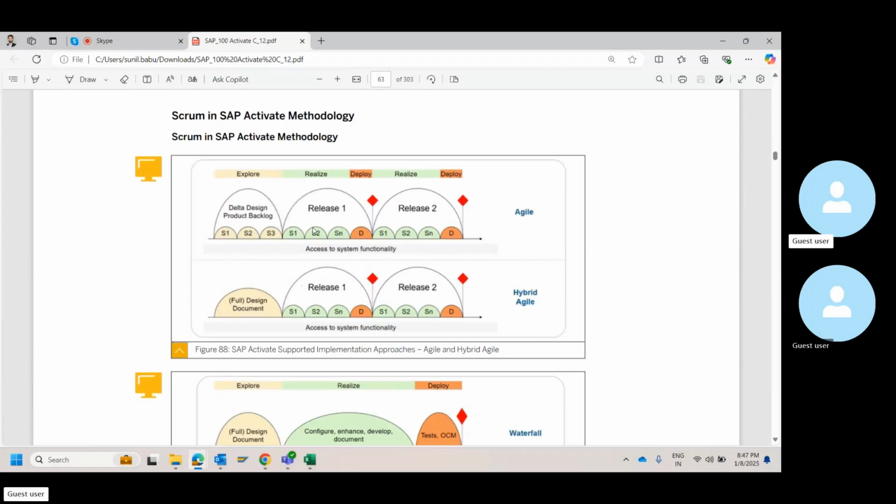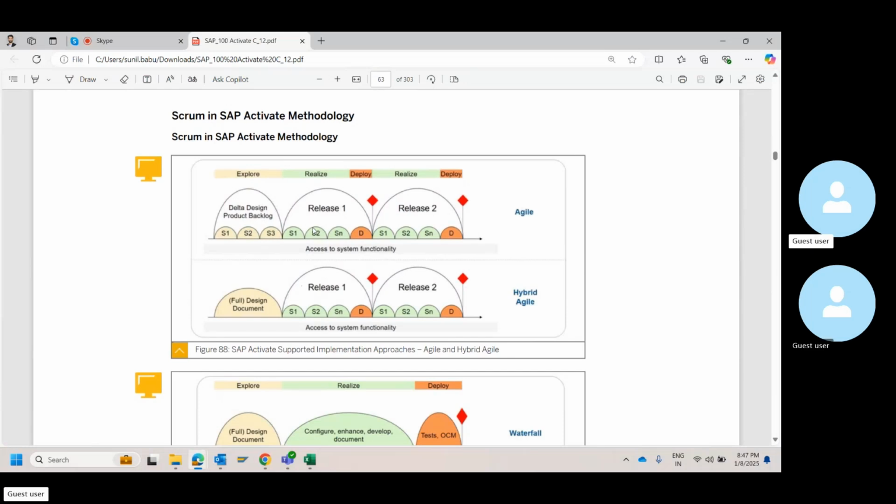For large scale projects. For small scale projects, it's never the case. In the example that I showed you, in the kickoff PPT, there were 40 objects, right? What we did was only one sprint. I complete all my configuration, I do my testing, I complete all the developments, I do my testing, I complete all the roles and authorization configuration, I do my testing. I go at one shot, I showcase in quality. I move it to quality, I test it myself again, and then I showcase it in quality and move it to production. That's one shot without sprints.